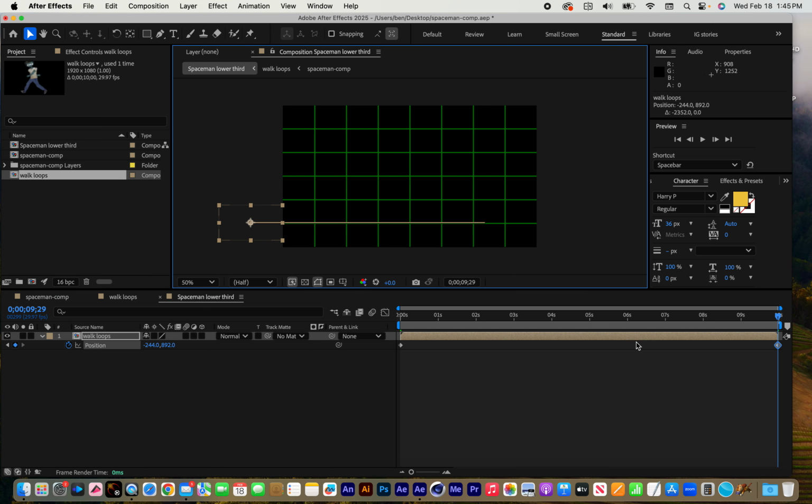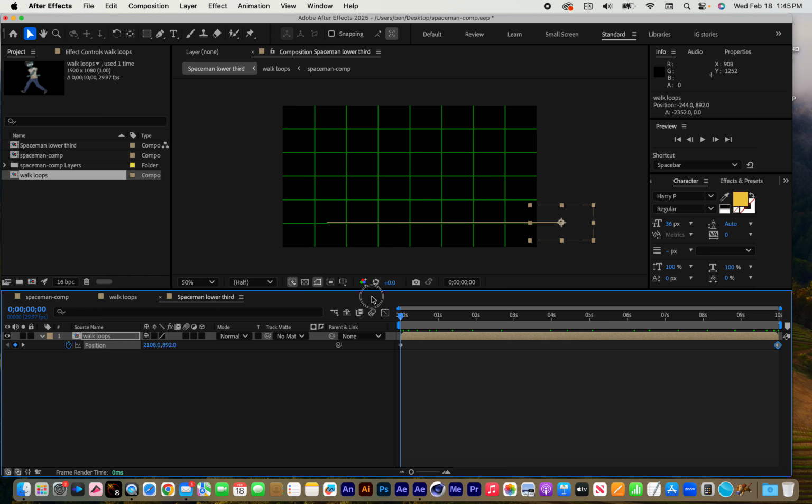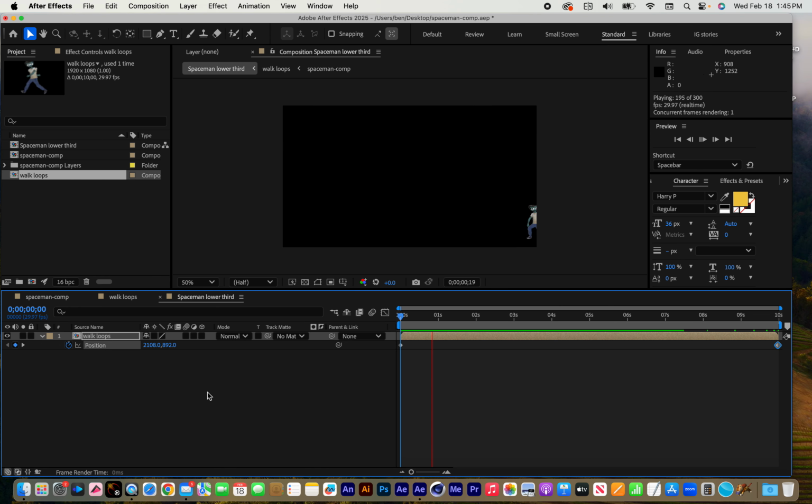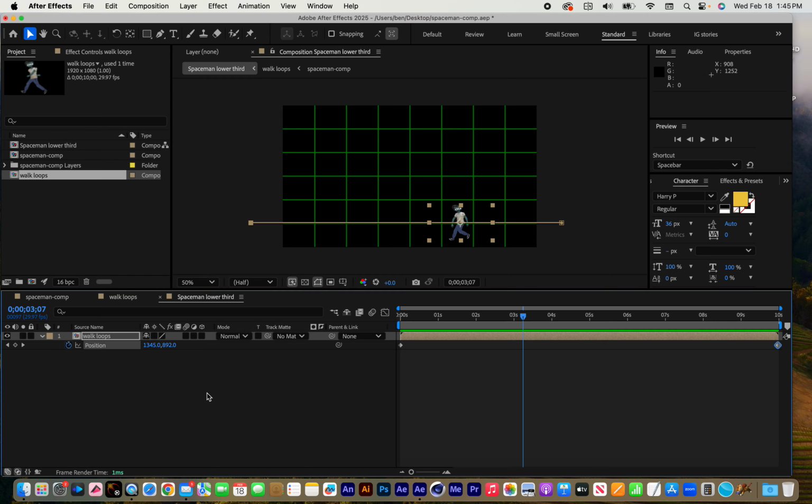So I set a couple position keyframes, and I'll hit play and see how it looks. All right, that looks pretty cool. He's walking across the bottom of the frame, but it's kind of slow, and I would like to speed everything up. So an easy way to speed up a layer so that I don't have to go into the pre-comp